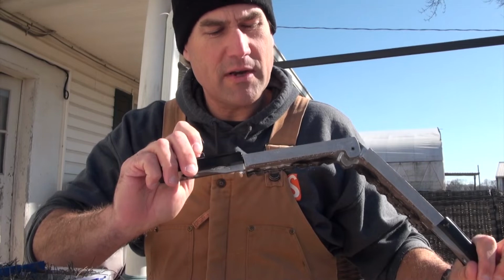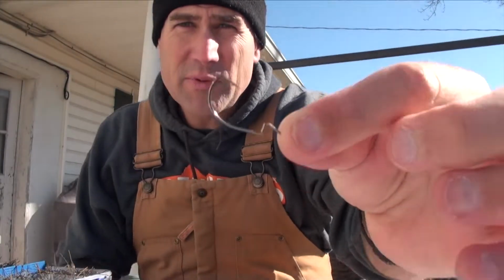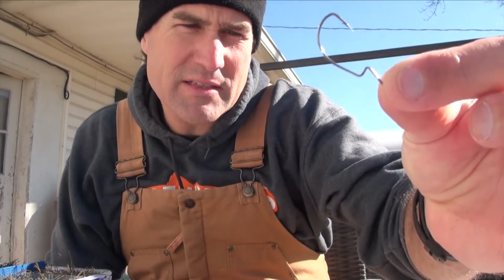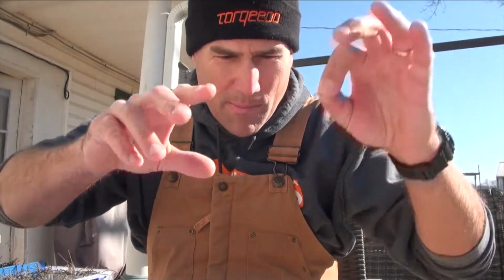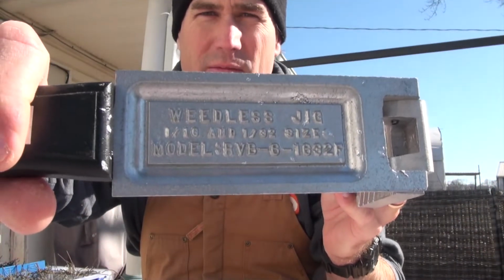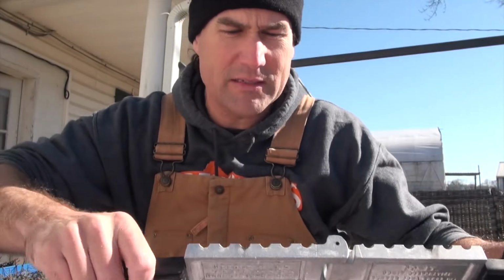Weedless Midwest Finesse. That's what that one's called. And it calls for this particular Victory style hook. I think it's a size 1. And I'm ordering that and actually modifying a different jig because I want a bristle guard on there. And this is the Weedless jig that makes